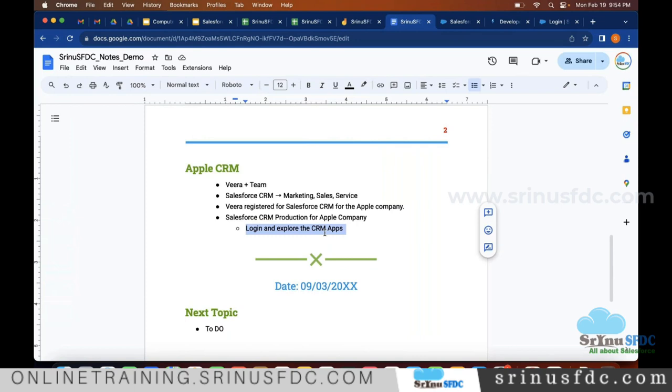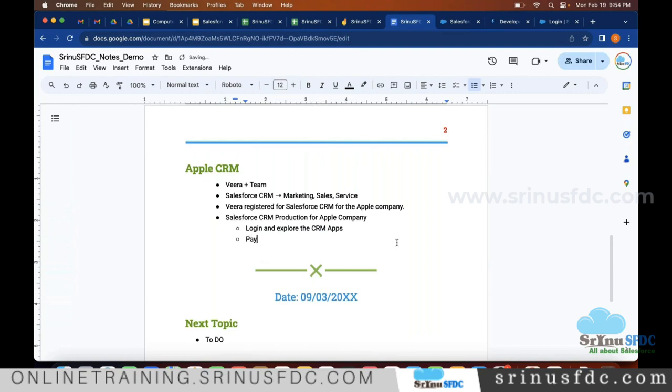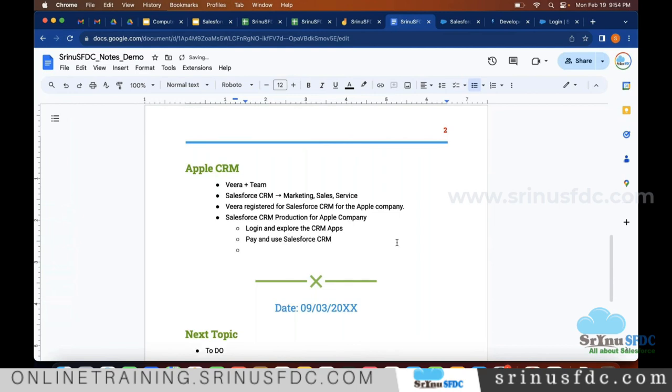The next step is, they need to pay. For us, we don't need to pay; we register for the free edition. For them, they need to pay and start using. So let's say they paid and they started using, but the problem is,